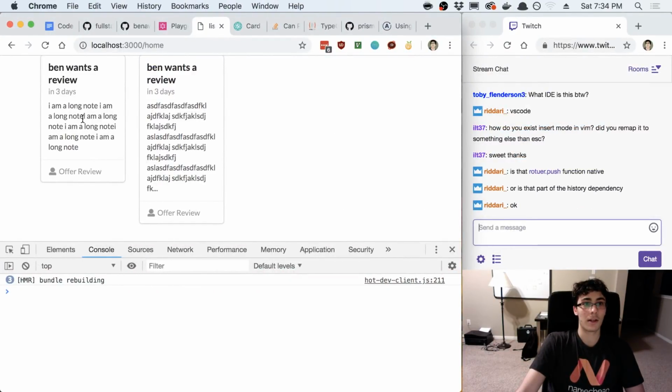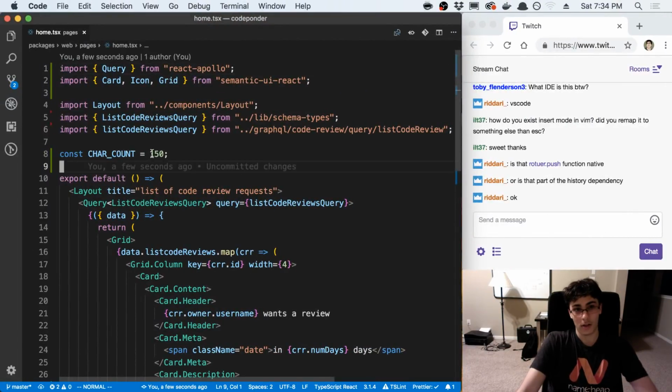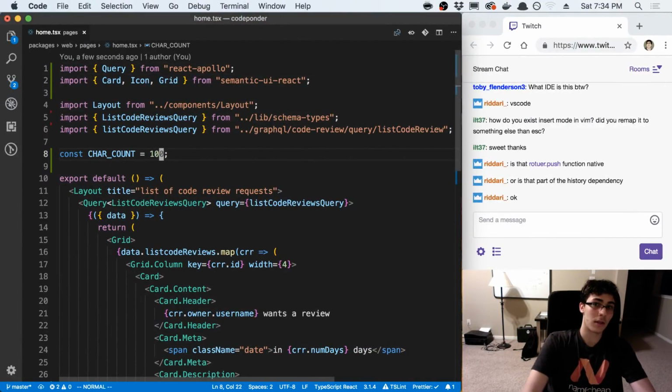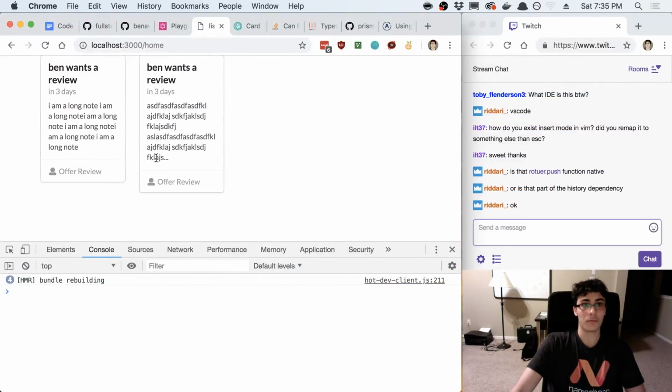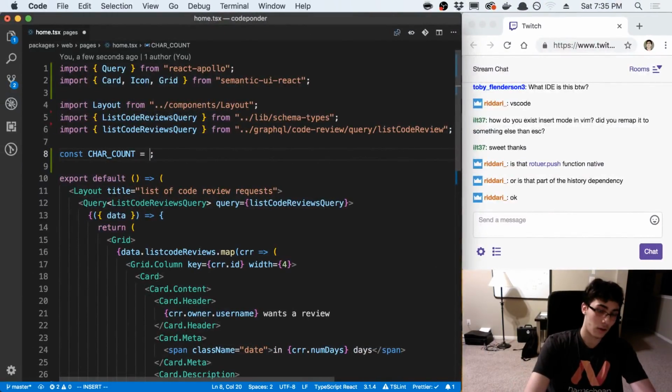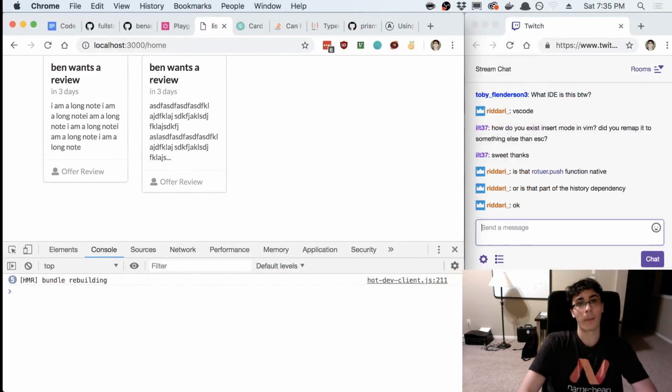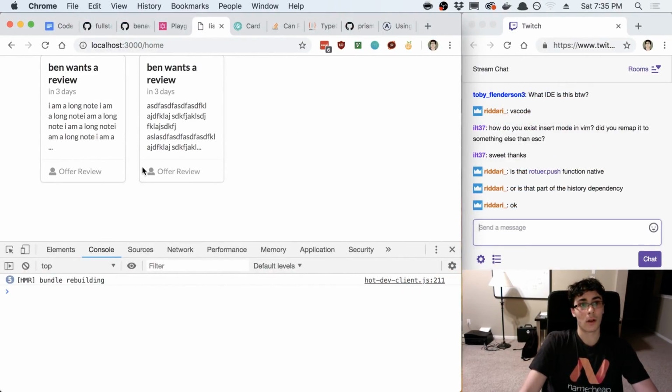Nice. So now we get a dot dot dot effect here, but not here. I think we need to do less characters because that just looks like it's getting out of control. Close. So like 90. All right, cool. Now they're all